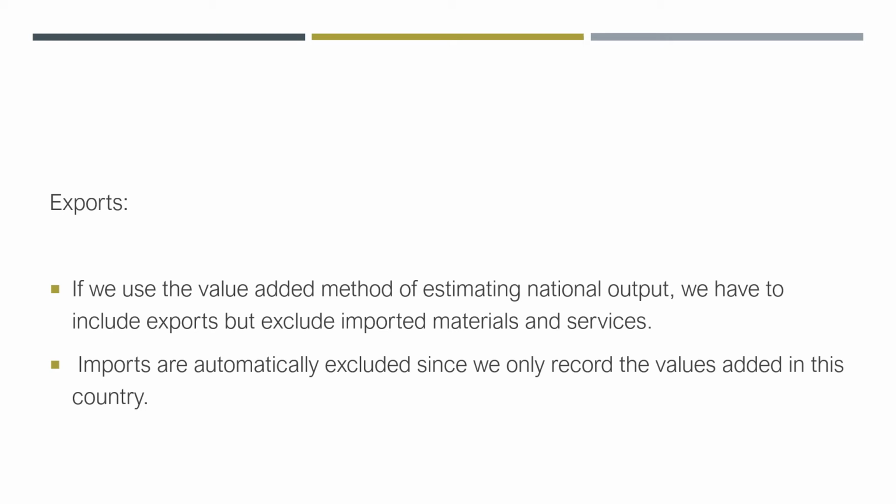Imports are automatically excluded since we only record the value added in this country. So we know that exports are those items which are produced in our country and we send to other countries,